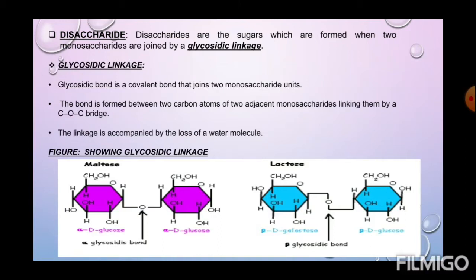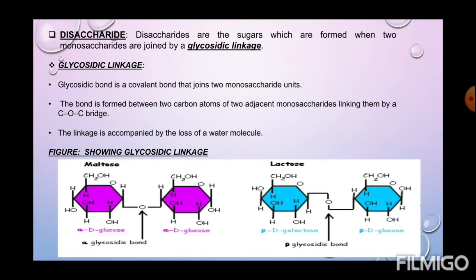Now, before I move on to the explanation of disaccharides, I would like to tell you about the glycosidic linkage. Children, glycosidic linkage is not in the syllabus, but without the concept of glycosidic linkage, you won't be able to understand the entire chapter. So, glycosidic linkage: when the OH group of one carbohydrate, that is a monosaccharide unit, and the OH group of another carbohydrate, again a monosaccharide, come together, water is removed or eliminated. So, a glycosidic linkage is formed.